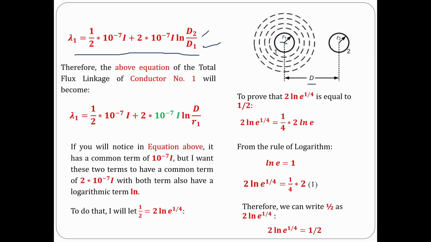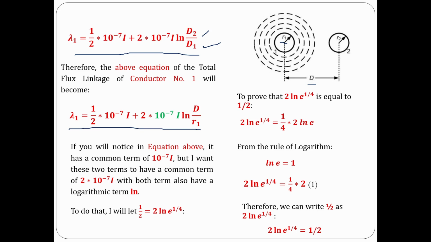Since we already determined the true distances, which are D and R1, we will replace D2 and D1 by D and R1 respectively. By replacing D2 by D and D1 by R1, the equation will become: flux linkage in conductor number 1 is equal to 1/2 times 10 to the negative 7 i plus 2 times 10 to the negative 7 i